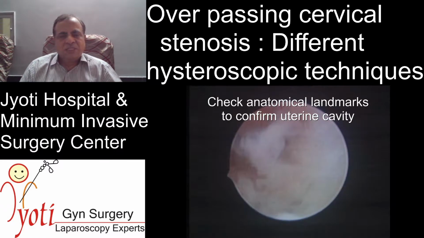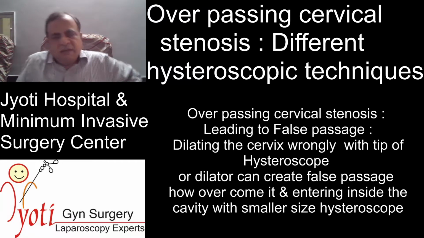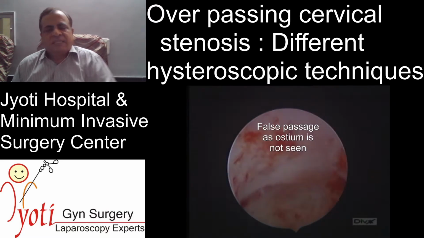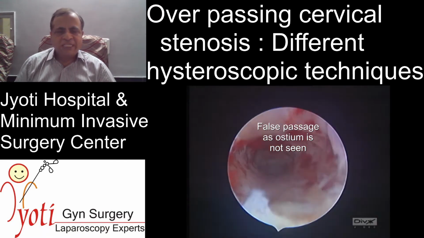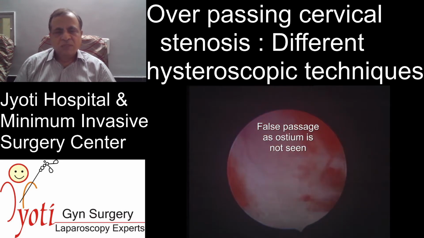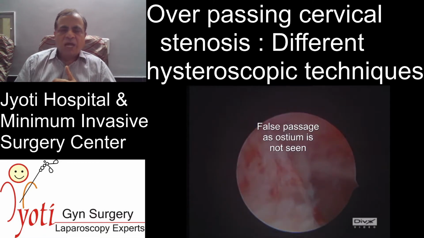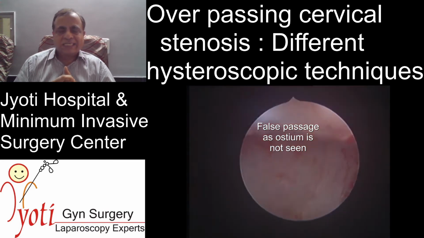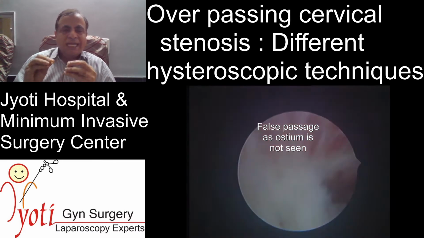You can see the landmarks, you can see the ostium. The third scenario is wherein a false passage is actually created because of a dilator or a scope. Can you appreciate this? The whole cavity has been formed as if it's Asherman syndrome, but it's actually a false passage. Now, what will you do in such cases? Here, you have to use a smaller size of the scope and identify where is the false passage and where is the correct lumen cavity seen with the fluid entirely.